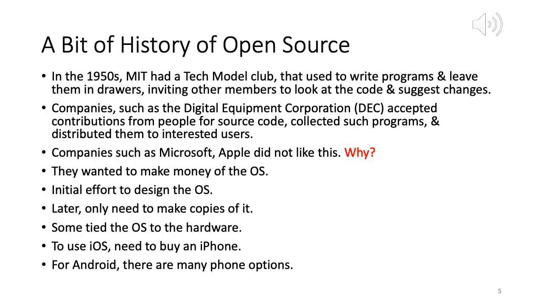If you want to use iOS, you need to buy an iPhone. On the other hand, for Android, there are many options, many devices you can get. The same thing holds for desktops. If you want to use Windows, you can get an HP machine, a Lenovo machine, a Dell machine, and so on and so forth. Right? A Surface machine. But if you want to use iOS and OS X, you need to get an Apple machine.